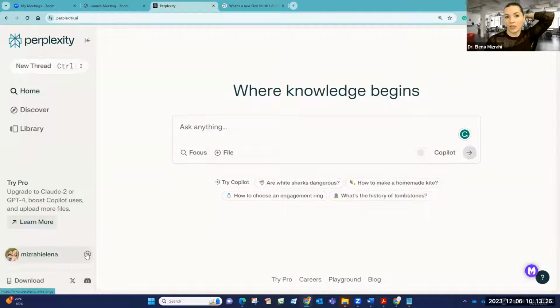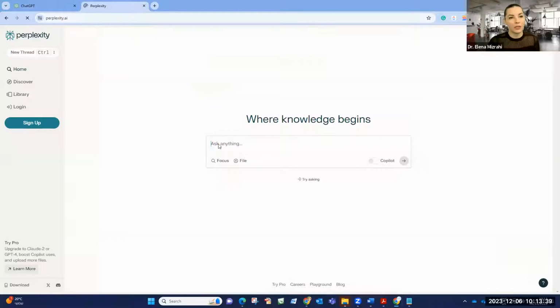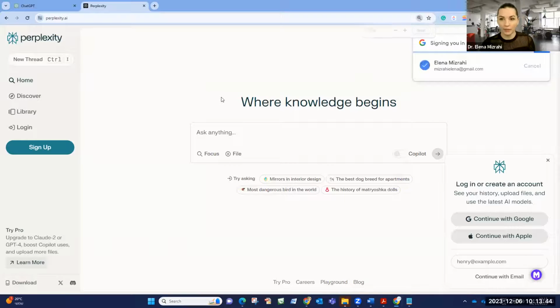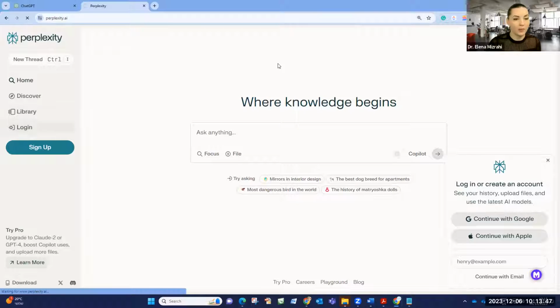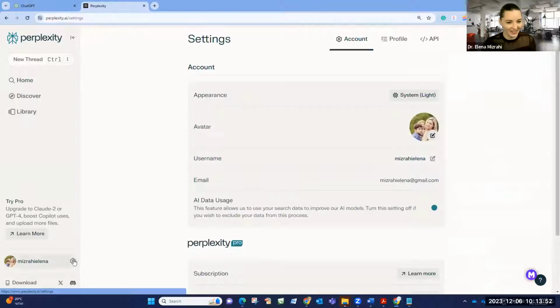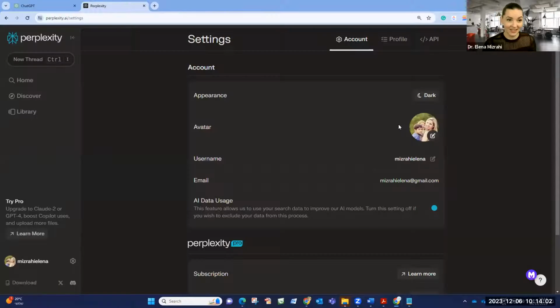Just go to your settings. Once you log in with your Gmail, if you want me to do this for you all as well, maybe I can just do this in another account, because here I'm not connected. So when you click on Perplexity, this is the screen that you get. Now I'm not signed up, or I am logged in from my regular account. Okay, never mind. So now what I want to do, I want to make the appearance, instead of light, regular system, I want to make it dark because I think it's nice.